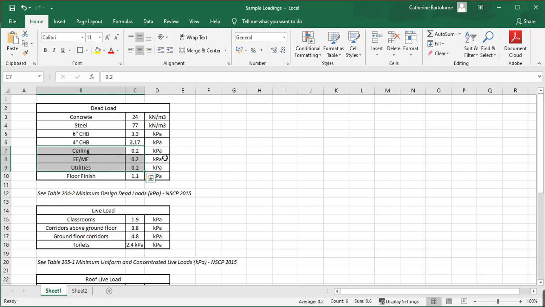For second floor and the third floor, we have to input just 0.2 and 0.2, so that is 0.4, because we only have a ceiling load at the top. For second floor and third floor, we only have the utilities and EE and ME.